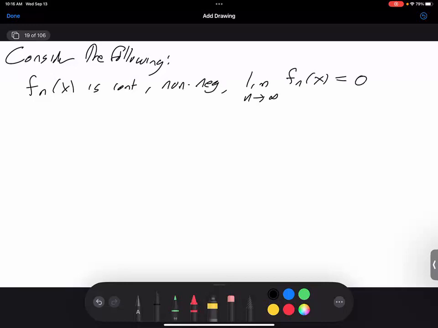Okay. So I have a sequence of functions. They're non-negative, they're continuous, and at every point, the limit of f_n of x equals 0. If I integrate from, let's say, 0 to infinity of f_n of x dx, and I take the limit as n goes to infinity,